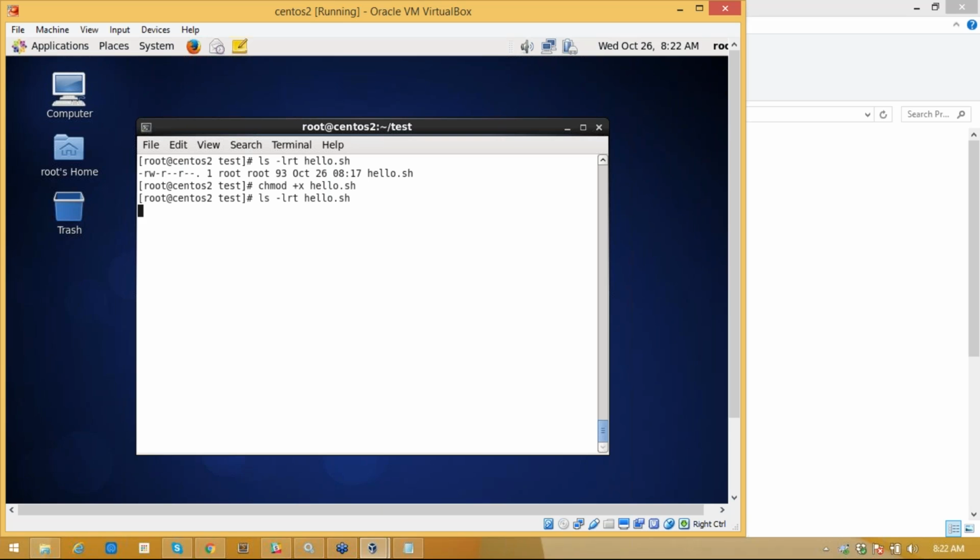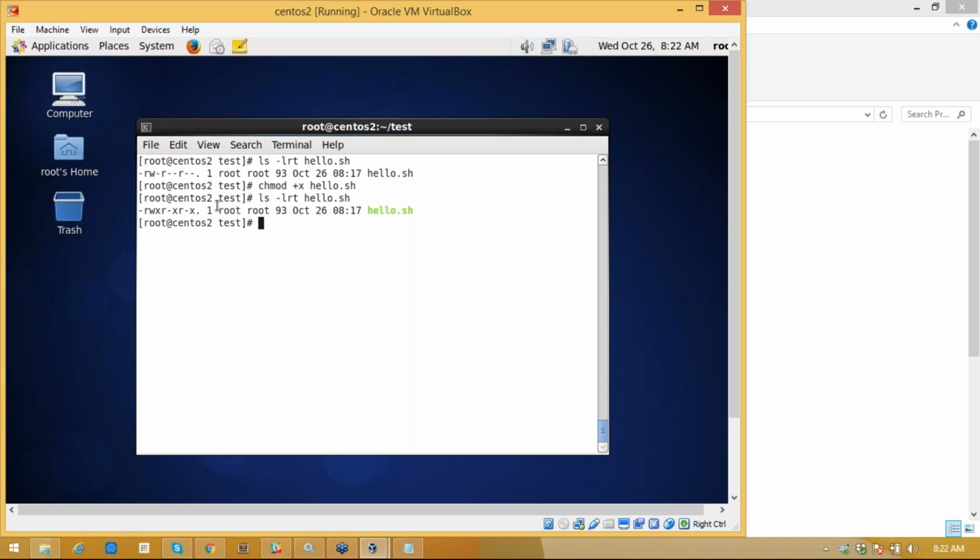Now you can see with ls -lrt that everyone has the x permission, right? In this way we can add permissions. Now execute permission is added to that particular file.